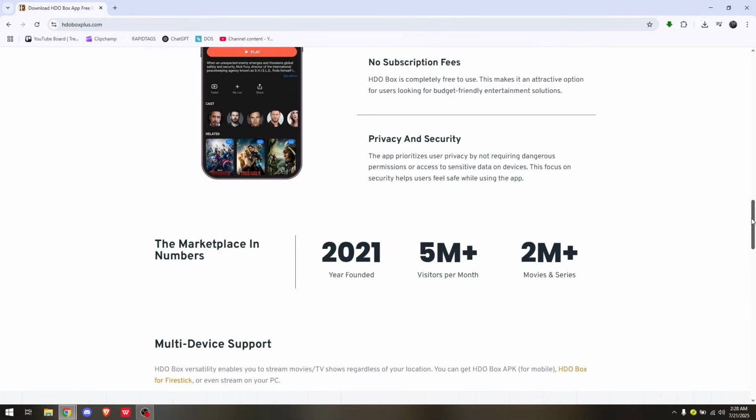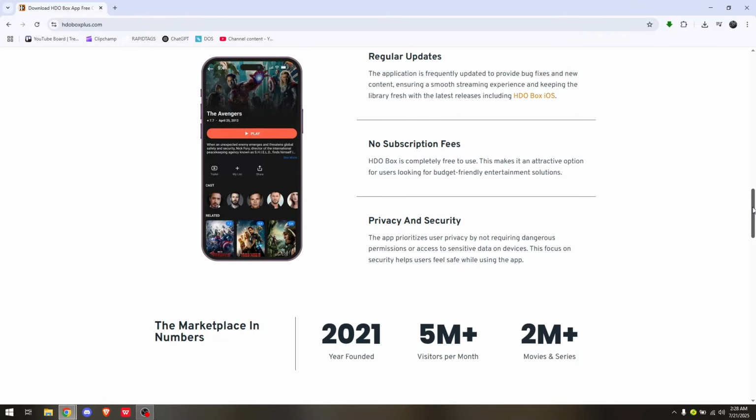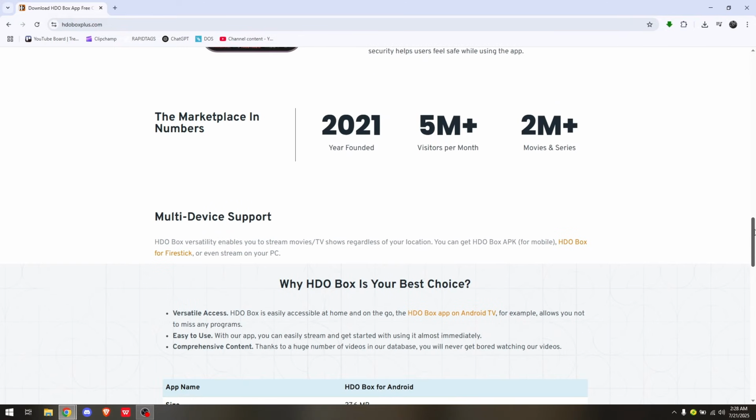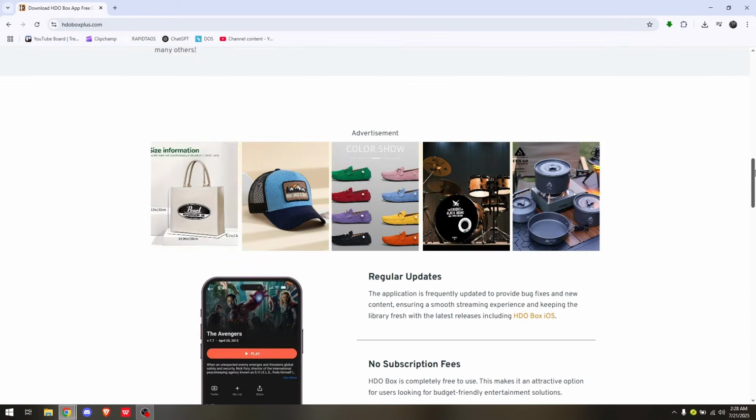Just head over directly to Google Play Store that you have from Android TV and then just search for HDO Plus. Now if you're going to be downloading it via the browser that you have on your smart TV, then